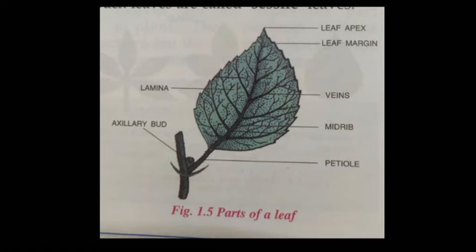Sometimes leaves are directly attached to the stem without a petiole. Such leaves are known as sessile leaves. The green, flat and broad part of the leaf is known as lamina or leaf blade. The outer edge of the lamina is known as leaf margin. Petiole further continues into the lamina as the midrib. It laterally gives out fine branches called veins, as shown in the picture. Petiole, midrib and veins conduct water and food.